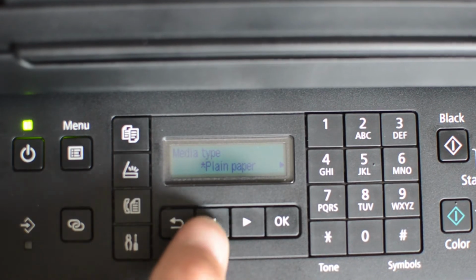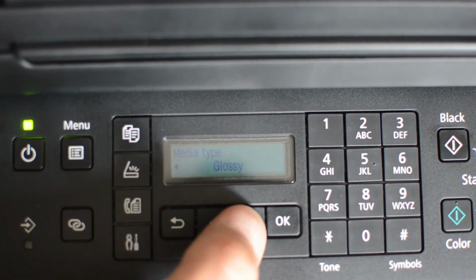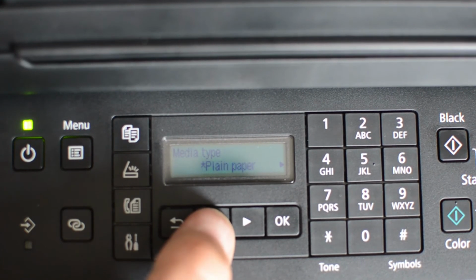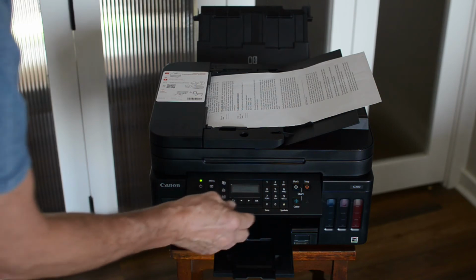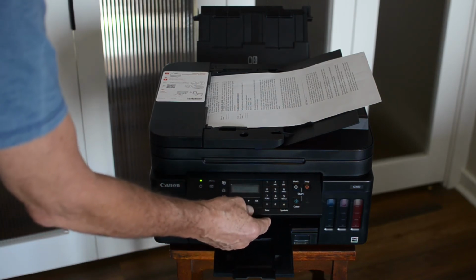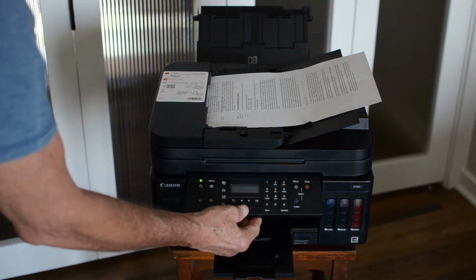then we come to media type, and we want to make sure that's set to plain paper. So again, we'll press OK, make sure it's on plain paper. There are other choices, and this is where you would select if you're printing photos that you want photo paper, and there's choices within that category. So plain paper, OK,